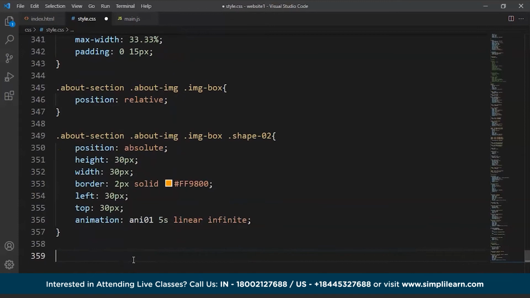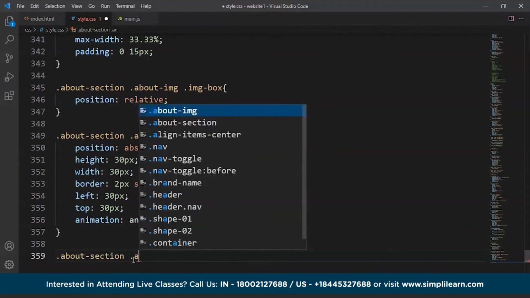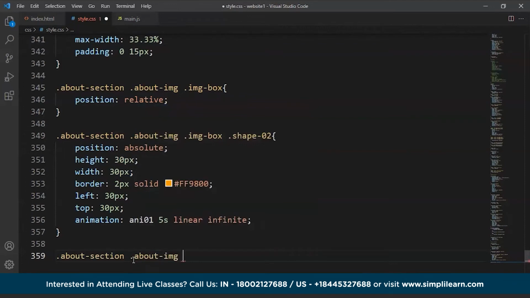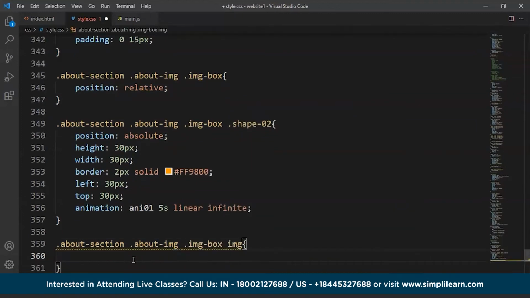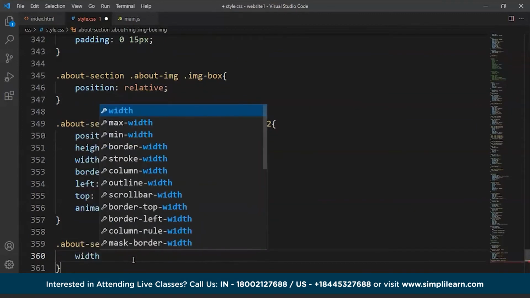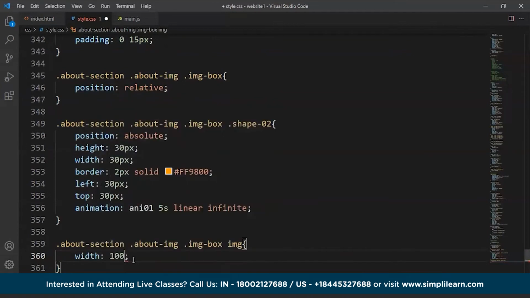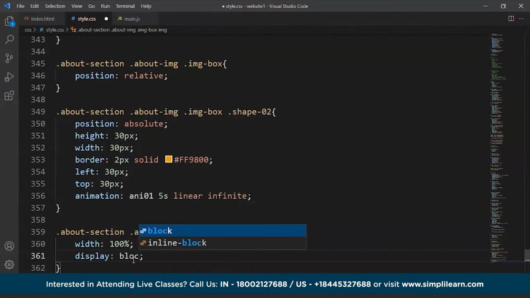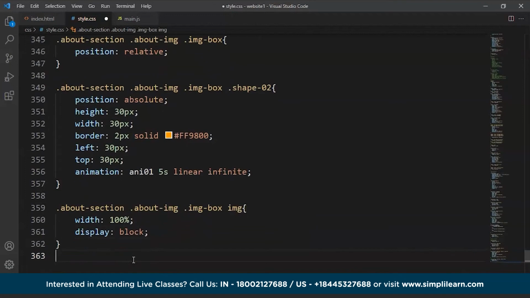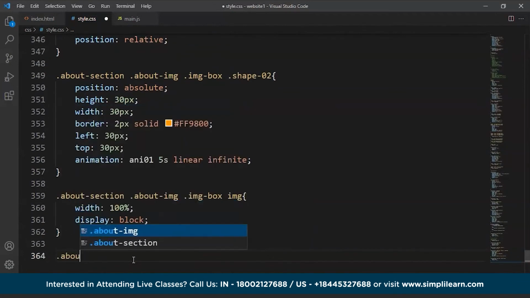Next thing up, we have to write here .about-section .about-img .img-box .img. So we'll write here width is going to be 100%. Then we have display is going to be block, and then we have to write here .about-section,